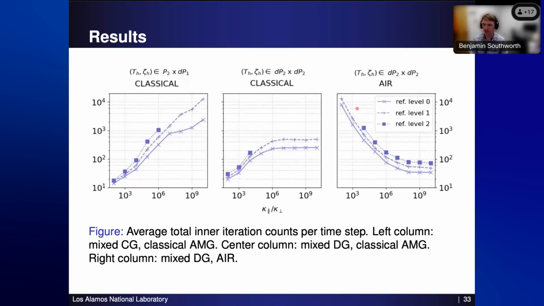So at 10 to the 2, 10 to the 3, it's not winning, and you can solve this perfectly well with classical AMG and other discretization techniques. When we get up into this 10 to the 8, 10 to the 9, 10 to the 10 realm, that we expect to see in practice, the improvement of AIR over the other methods is quite substantial. We ran out of time for the finest refinement level on our nodes for both of the classical AMG problems. And we solved it very nicely with AIR.